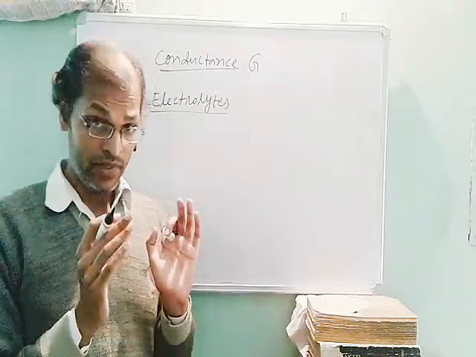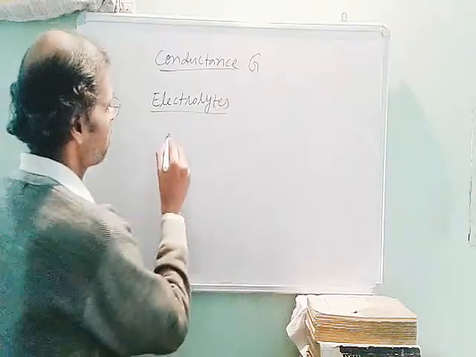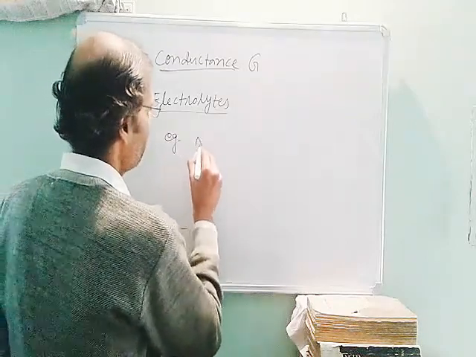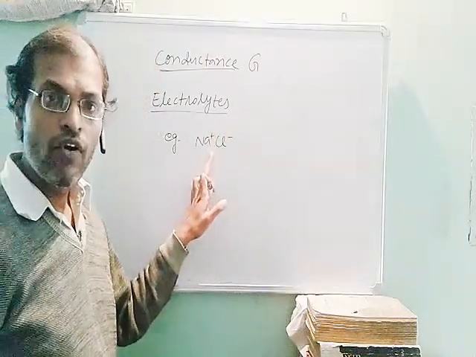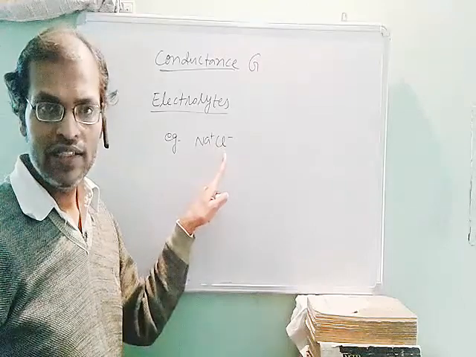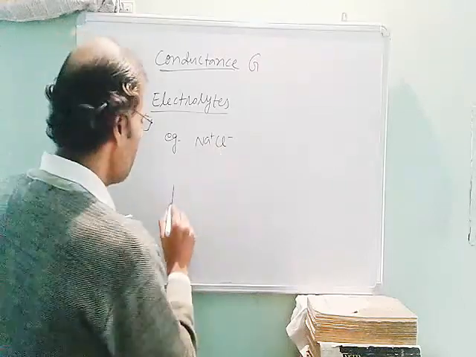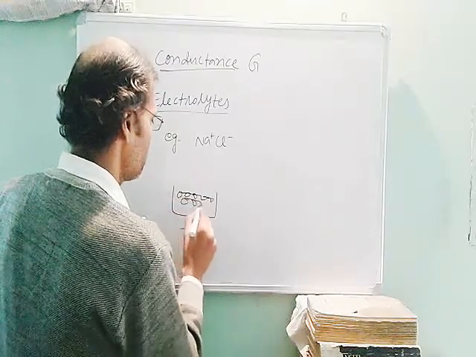Such types of substances are called electrolytes. For example, NaCl. Even in solid form, sodium chloride exists as Na plus and Cl minus. But if you make an attempt to pass current